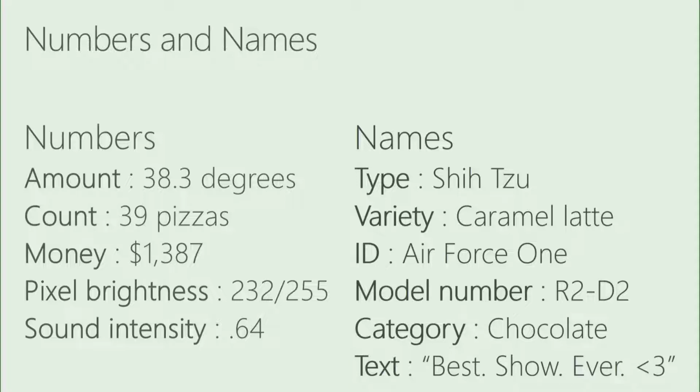You can add them, subtract them, divide them. They behave like numbers. And then the other type of thing you can do are names, or categories, or types. So these are things like a breed of a dog, a type of a hot drink, the name on an aircraft or on a droid. There are things that if you change them a little bit, you could be pointing to something completely different. So these are two fundamentally different types of data.